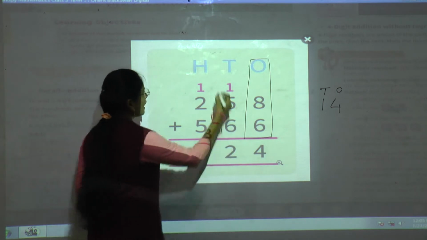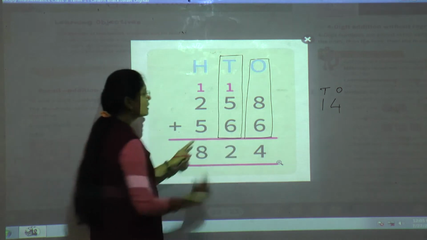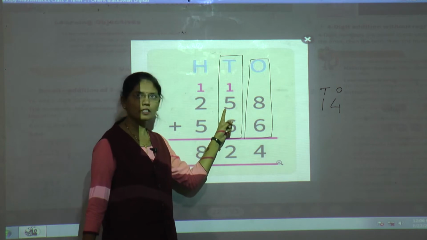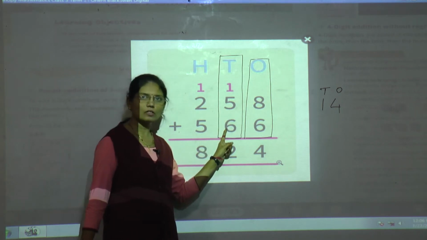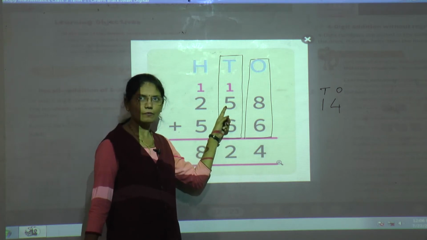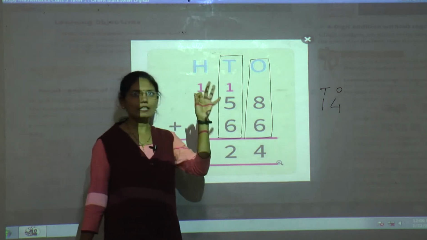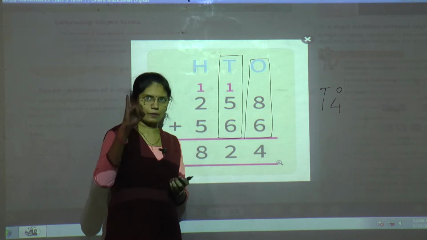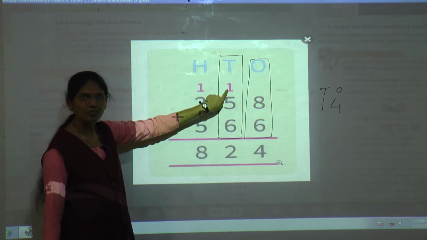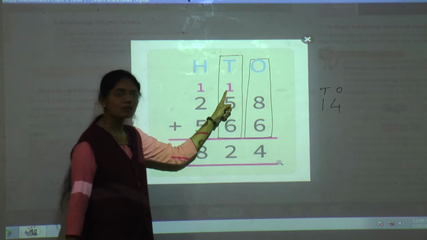Now students, at tens place here this 5 number, this first number you should keep in your mind. So keep this 5 in your mind. Okay, now take out your 6 fingers. Show your 6 fingers to me. Okay, now after 5 count your 6 fingers. Yes, after 5, 6, 7, 8, 9, 10, 11. So 5 plus 6, 11. Then we should add this one, this carry also we should add. 5 plus 6, 11, plus 1, 12.